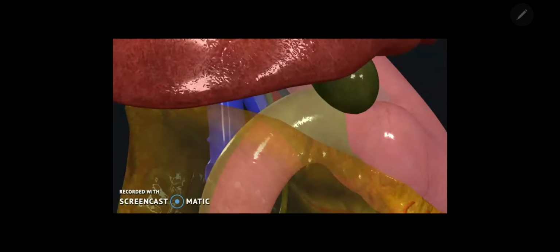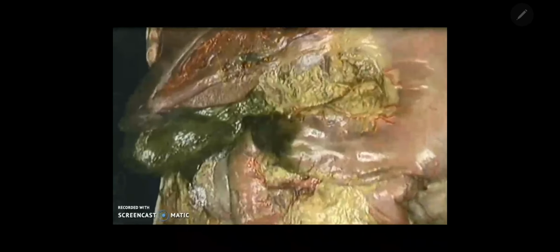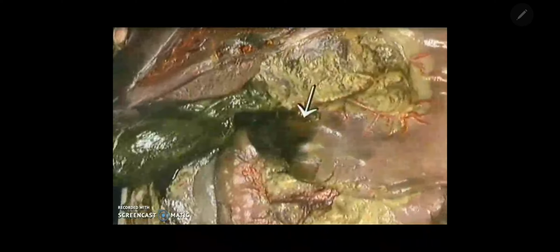And if you go to a more posterior plane, you will see here in the specimen they have removed the left lobe of the liver to expose the lesser omentum. You can see how to identify the first part in the cadaver. There is post-mortem bile staining, not in the living, remember that.